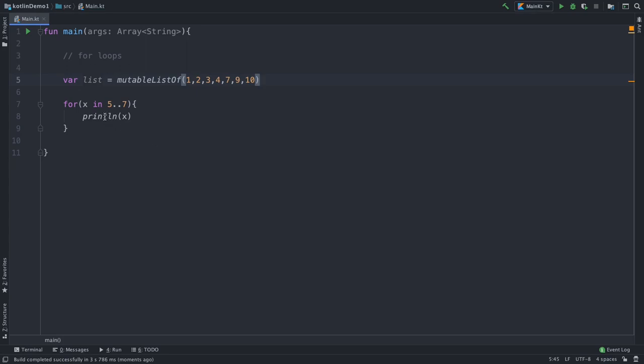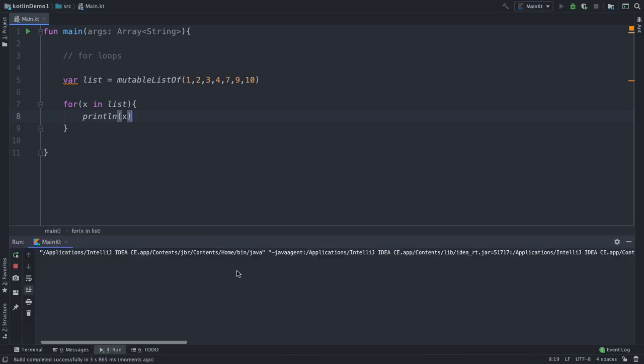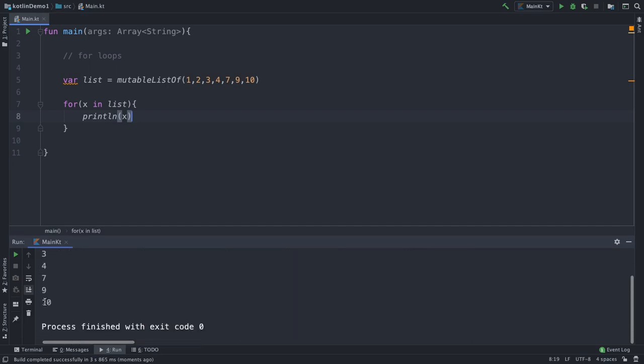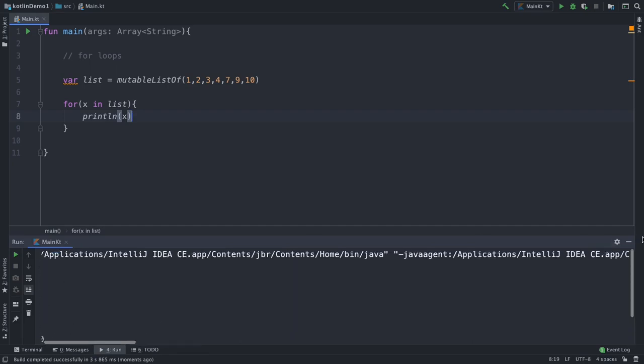So here is the list, and we have all the elements inside it. For x in list, print x, simple as that. Let's run this and see what we got. Here we have 1 2 3 4 7 9 and 10. So these are the elements inside the list.